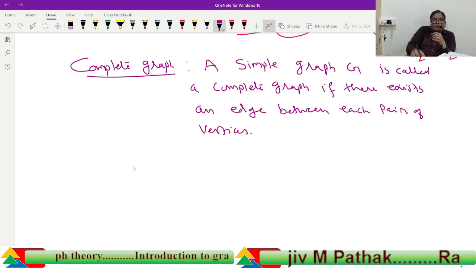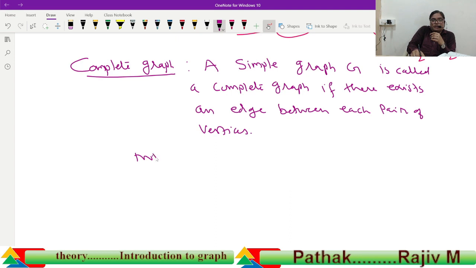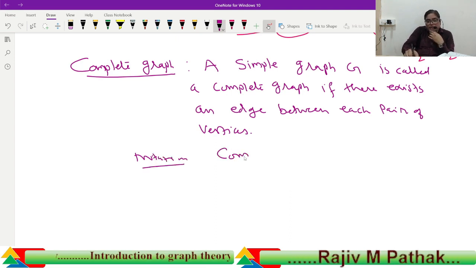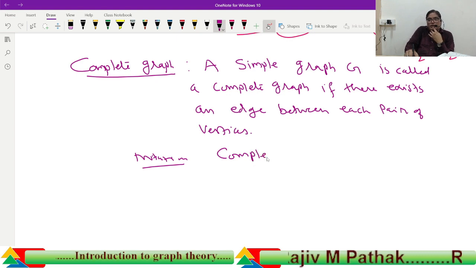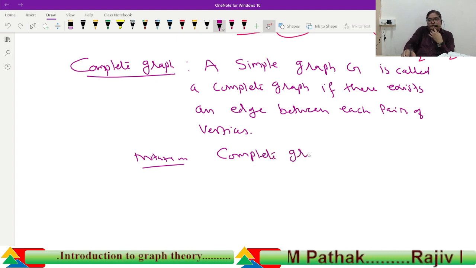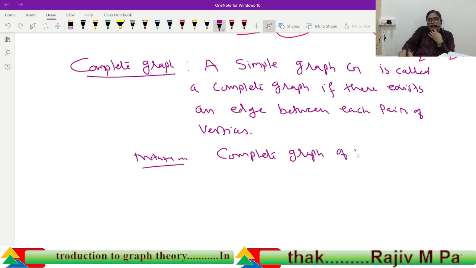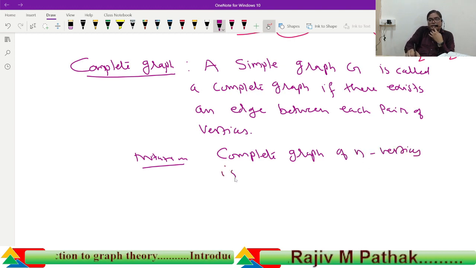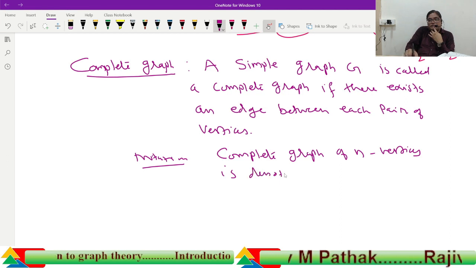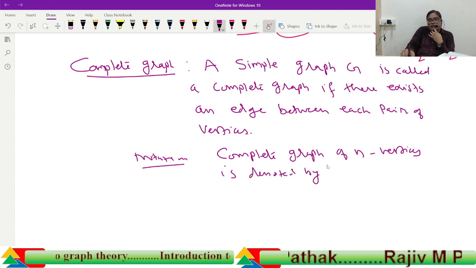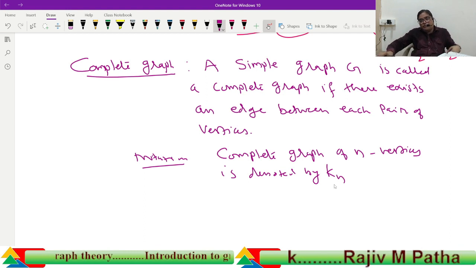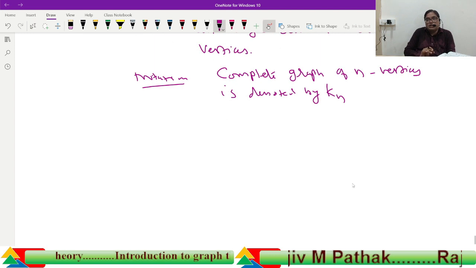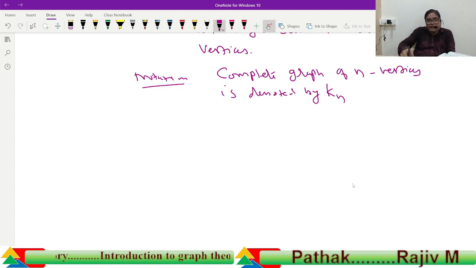So notation for the complete graph is what? Notation: complete graph of n vertices is denoted by Kn. Okay, complete graph of n vertices. अगर ग्राफ complete है और उसके अंदर n number of vertices है तो that graph is denoted by Kn. For example,